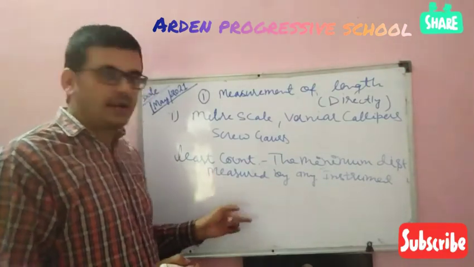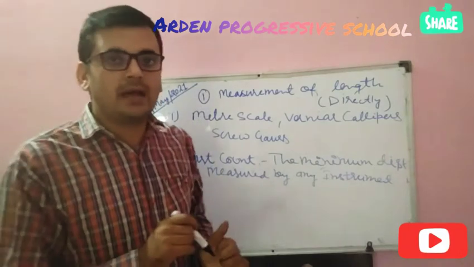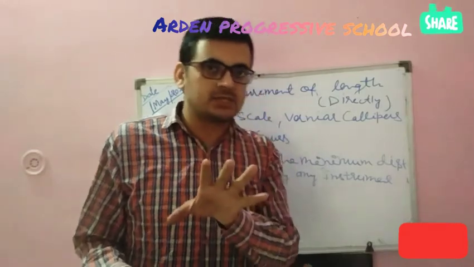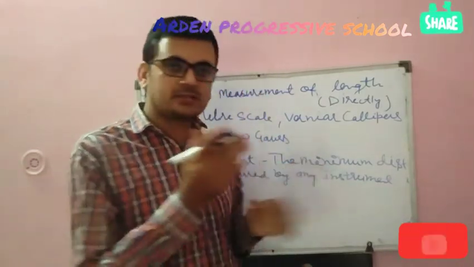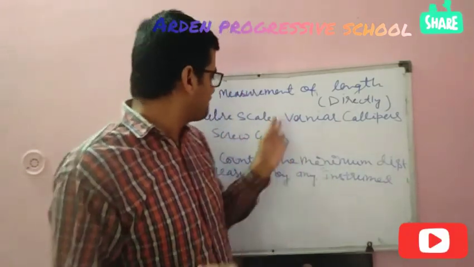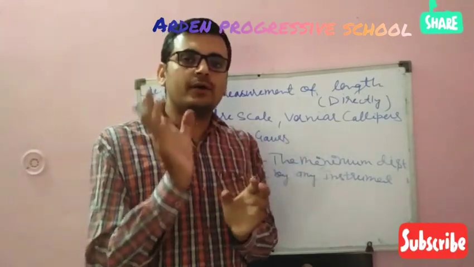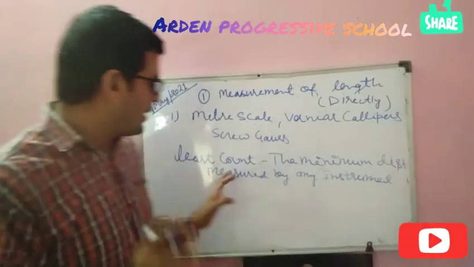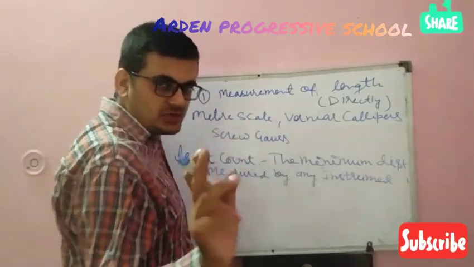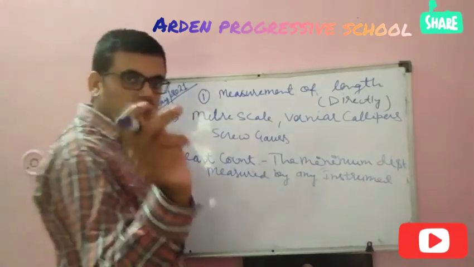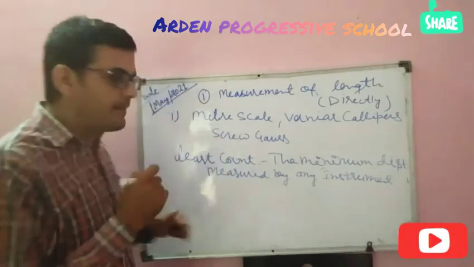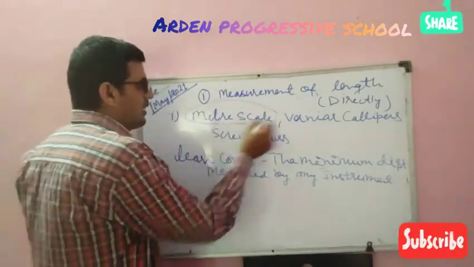Student, this one is most important and very much used in 12th. Whenever you do an experiment, you have to calculate the least count of that device. In 11th also, whenever you perform the experiment of vernier calipers to measure the diameter of a bob, and in screw gauge also, you first have to calculate the least count of the instrument. So what is the least count? The minimum distance or length measured by any instrument is called least count. Any instrument that can measure the minimum distance or minimum length, we call that its least count. For example, if I talk about meter